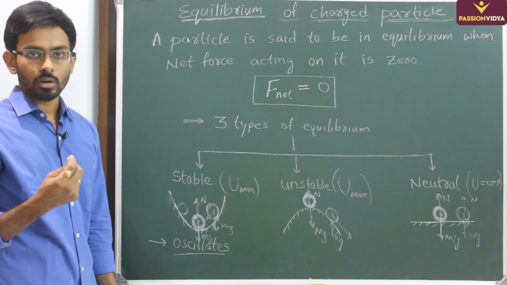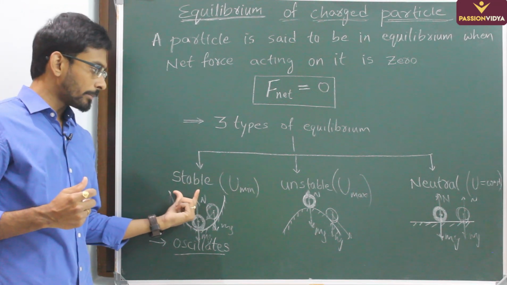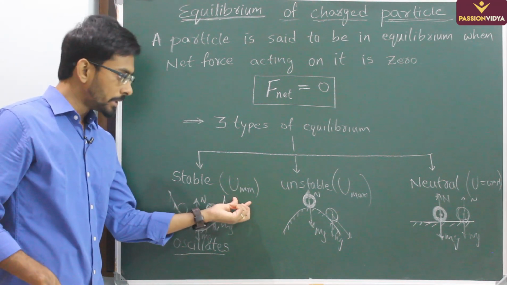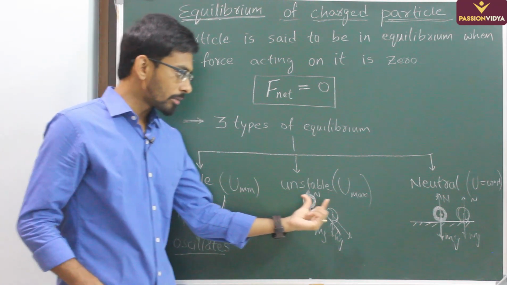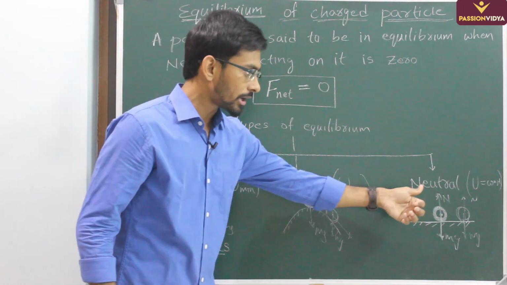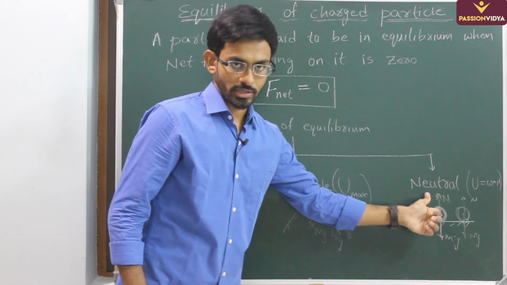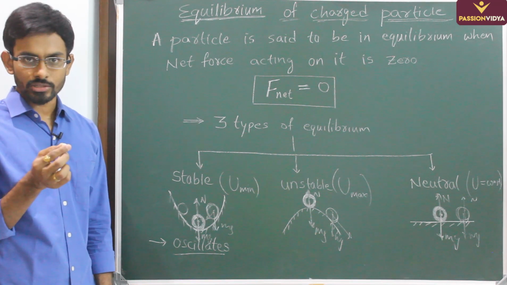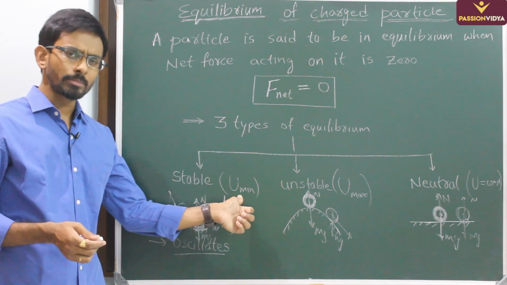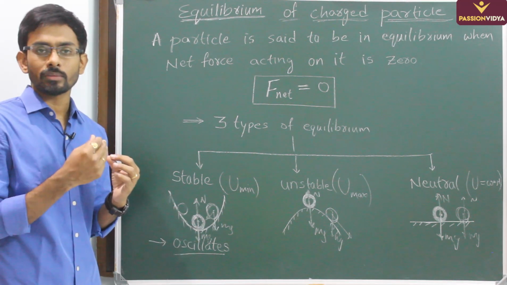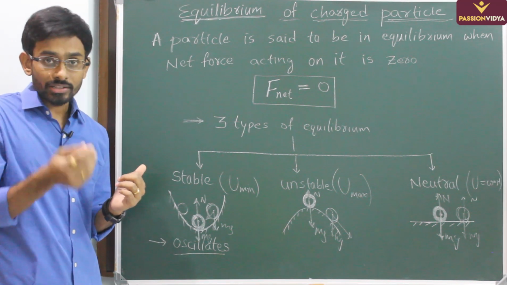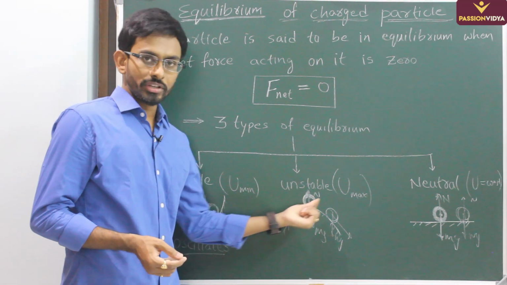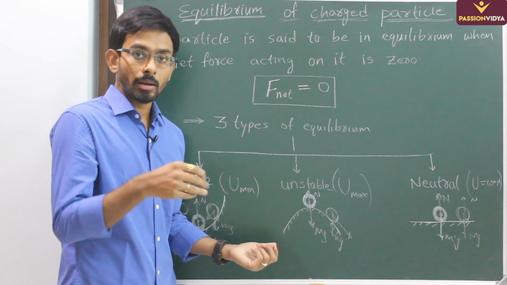Now if you want to talk in terms of energy, in stable equilibrium, the potential energy of the system will be minimum, in unstable equilibrium the potential energy will be maximum, and in neutral equilibrium the potential energy will remain constant. So we know the basic property of nature is to minimize its potential energy. Now in this case the potential energy is minimum, so when you disturb it, the energy of the system will increase. So it wants to decrease its energy, so it will come back. Whereas in this case, the potential energy is maximum. So when you disturb it, its potential energy decreases, so it will become more stable there.